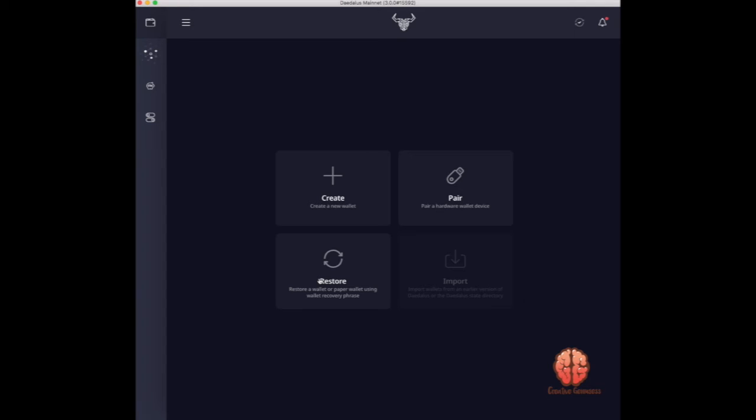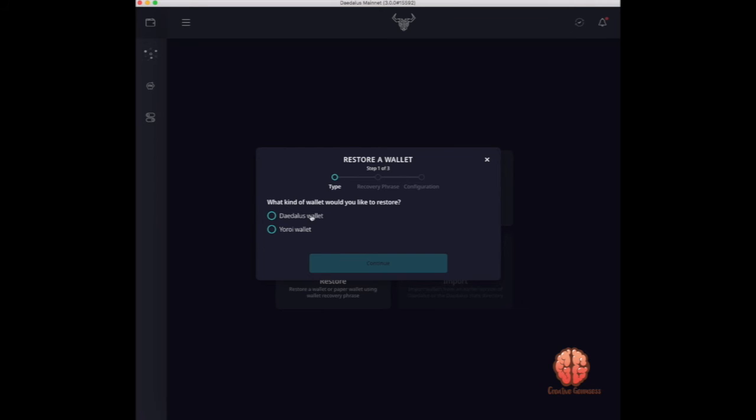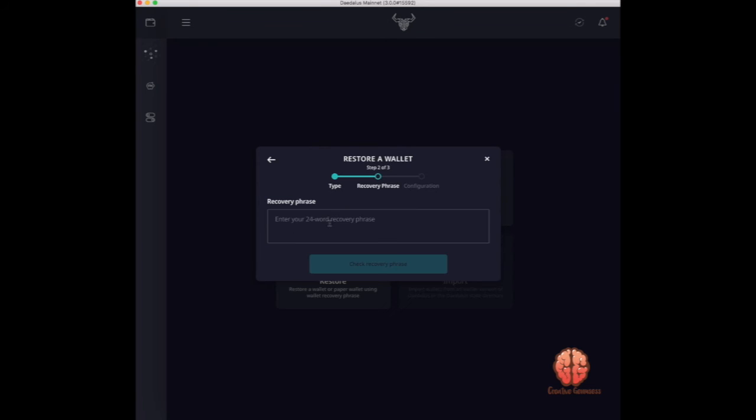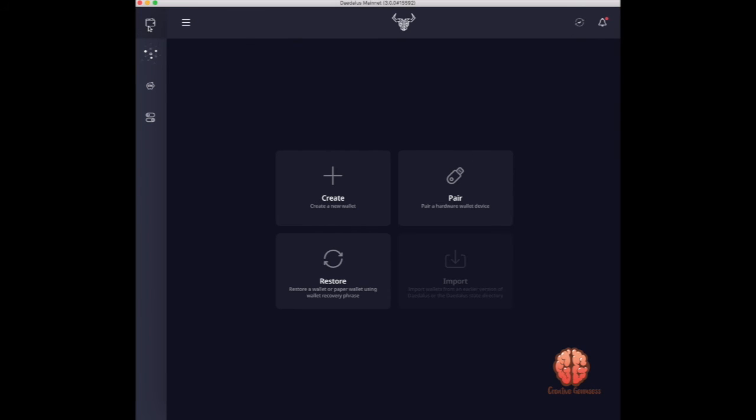If you already have a wallet and say it's on another computer at a different location, or you lost your computer or something of that nature, hit restore. You can either connect with the Yoroi wallet, or you can hit Daedalus and enter in your 24-word seed phrase. This is where you enter in the 24 words. Once it's entered correctly, check recovery phrase. You'll enter a password, you'll name the wallet, and then the wallet will pop up. So then you'll see something